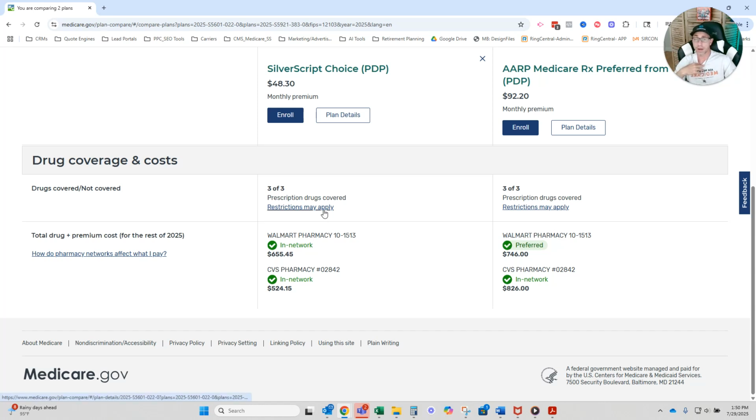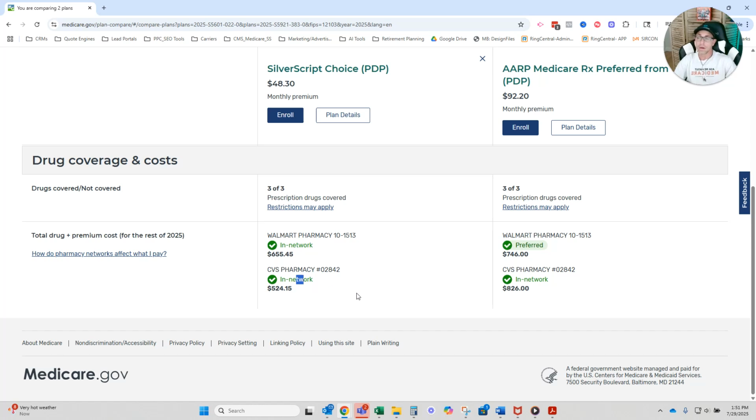So this is really why we recommend selecting more than one pharmacy, even if Walmart or XYZ pharmacy is your choice. You can see that we selected Walmart. And in this case, SilverScript is going to come up more cost effective than any of the plans. Even if we use Walmart, even when it's in network, the cost is $655.45. Lower than the AARP at Walmart, lower than the AARP at CVS. But you can see that with the same SilverScript plan, same medications, we could go to CVS and still save